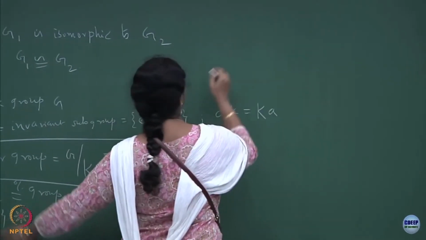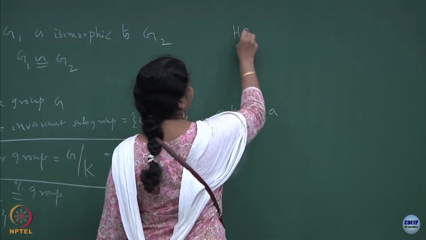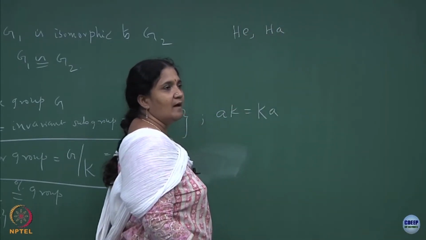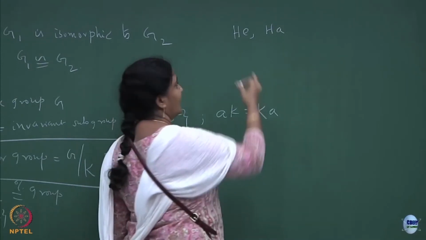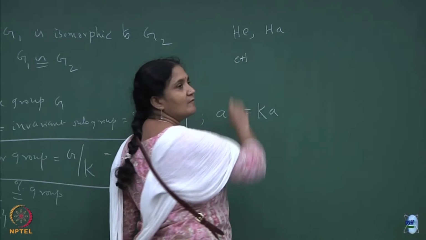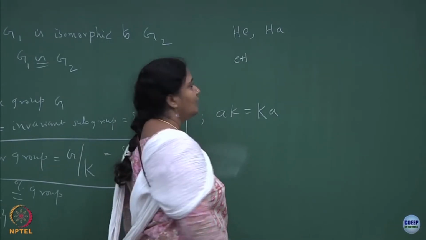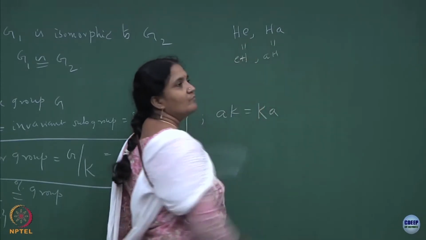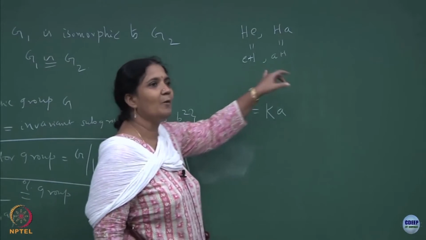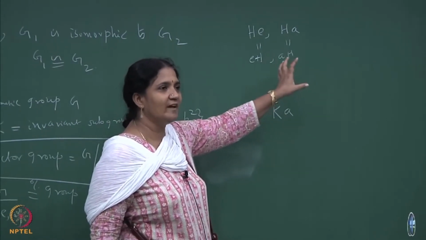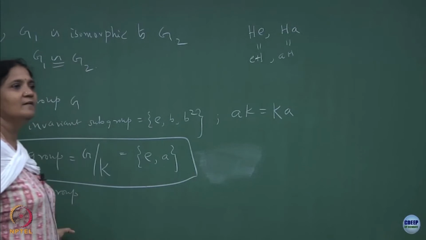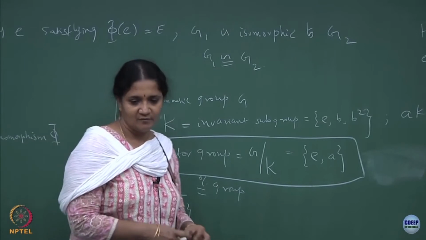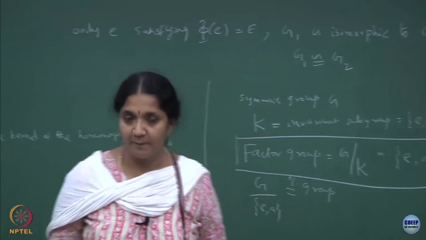Suppose the subgroup is EA, the cosets are going to be HE and HA, that is it. And if you do the left or the right, HE is the same as EH, right. So, which means HA should be the same as AH also. So, this is why this property was satisfied, left coset equal to right coset for the order 2 group. That is why this factor group was also a group. Okay. So, this is one thing which I want you to remember.